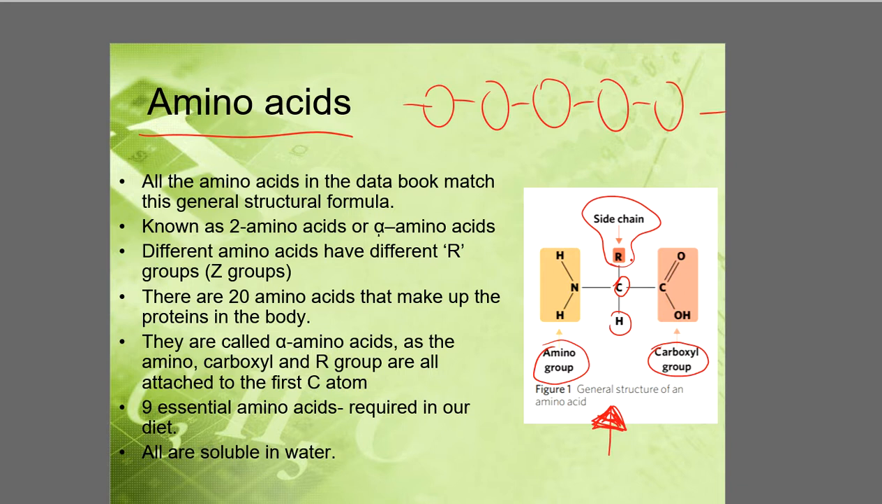And it's what will determine the structure of the overall protein and absolutely the function of the overall protein. Okay,